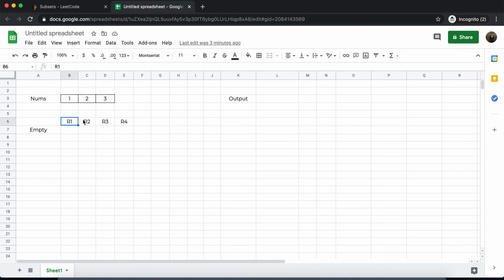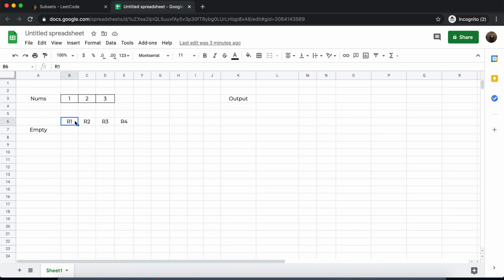We need two things here. We need an output which will collect all our outputs, and we also need a current permutation which will track the subset that is currently being processed. Initially, the current permutation will be empty, so that will pass to the first recursive function.